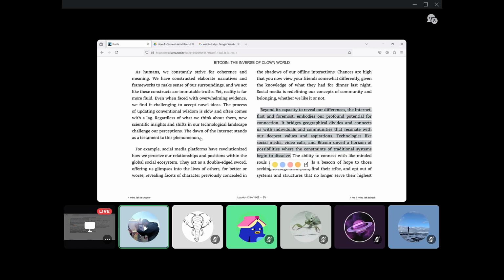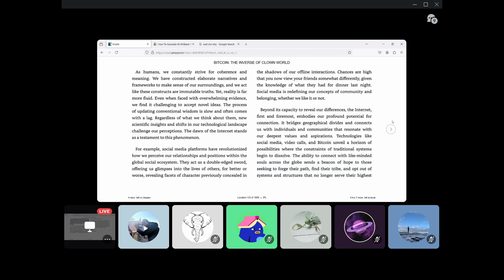Beyond its capacity to reveal our differences, the internet, first and foremost, embodies our profound potential for connection. It bridges geographical divides and connects us with individuals and communities that resonate with our deepest values and aspirations. Technologies like social media, video calls, and Bitcoin unveil a horizon of possibilities where the constraints of traditional systems begin to dissolve. Yep. The ability to connect with like-minded souls across the globe sends a beacon of hope to those seeking to forge their path, find their tribe, and opt out of systems and structures that no longer serve